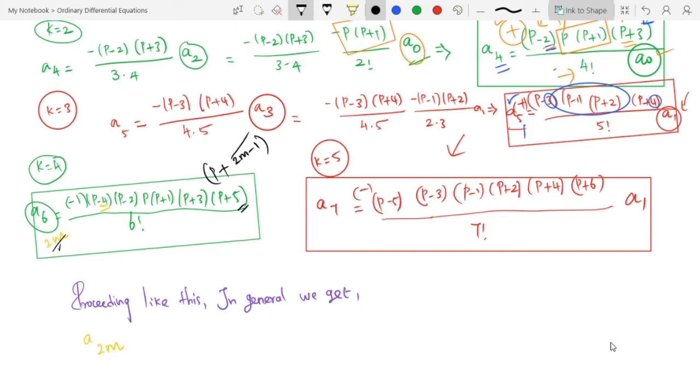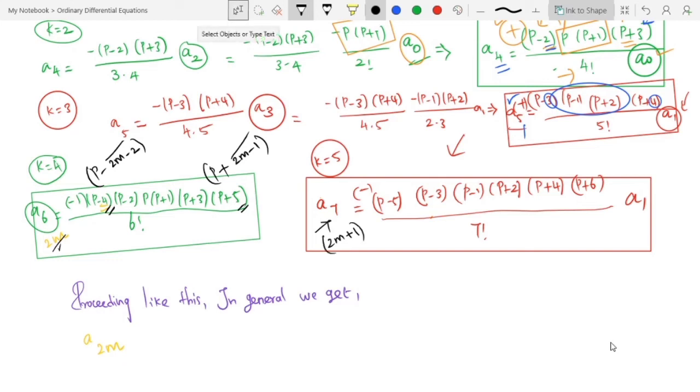So for the left hand side, if it is 6, we wrote it as P minus 6 minus 2, that is 4 here. So for now it is 2m, so we have to write it as 2m minus 2. That's it. Come to odd number, start from A3. So now its general form is 3, 5, 7 and so on. So in general we can say it as 2m plus 1. So for m is equal to 1, A3, m is equal to 2, A5, A7 and so on.